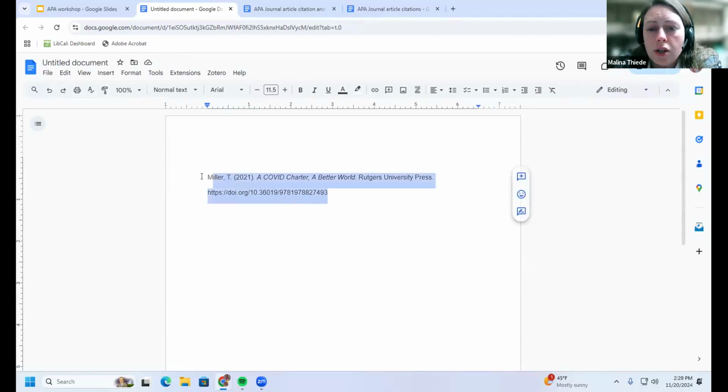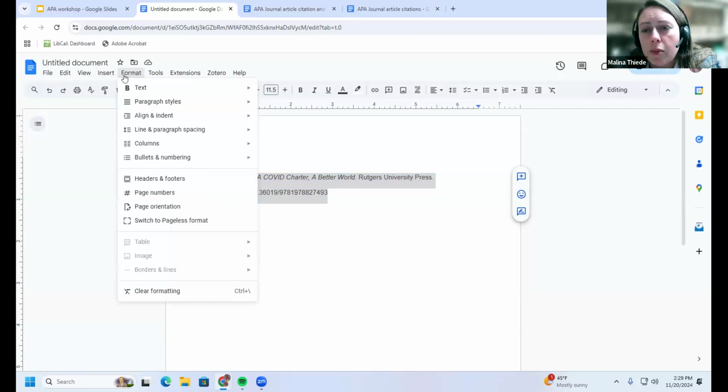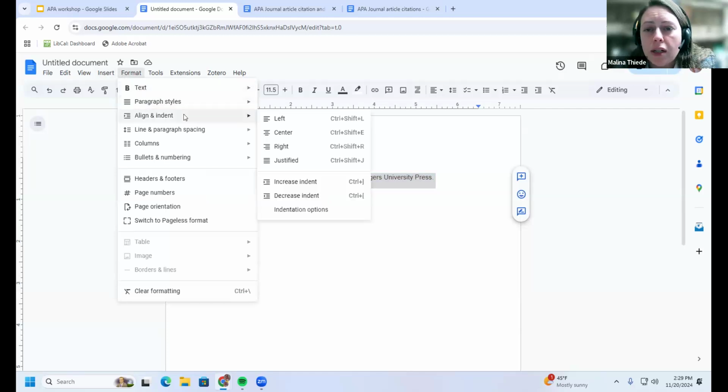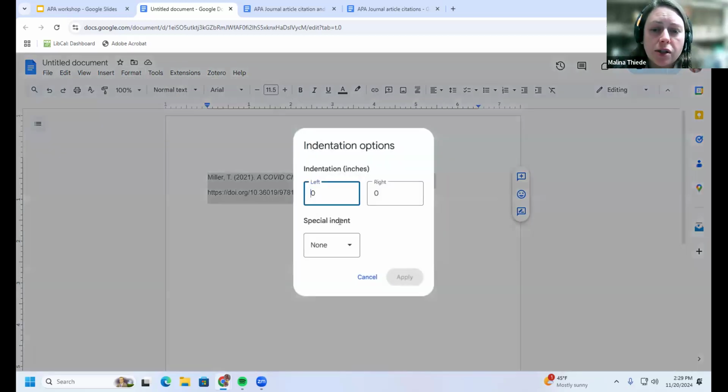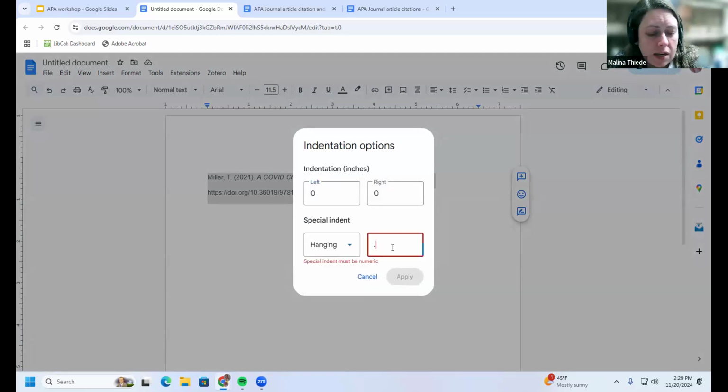So what you do to format the hanging indent, you highlight your citation, you go to the Format menu, align and indent, and then this last option down here, Indentation Options. Under Special Indent, you select Hanging, and now Google Docs makes you manually enter the margin.